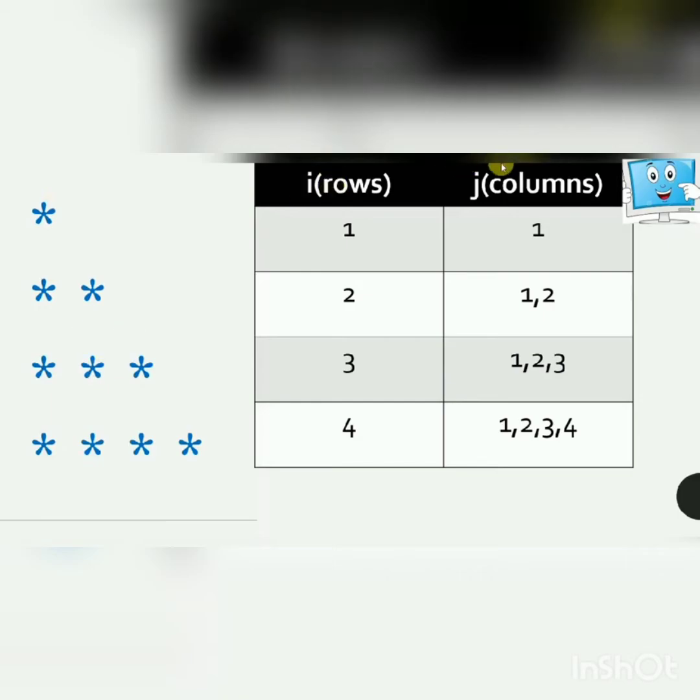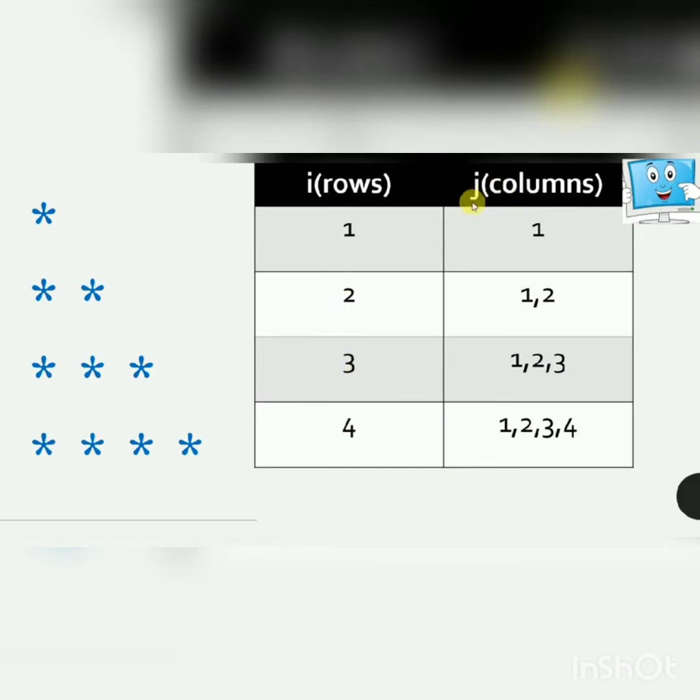Now here you can see we will be taking two loops, i for the rows and j variable for the columns. So two for loops we will use, and first loop will have i as a variable and second loop will have j as a variable for columns. Now you can see we have the rows horizontal, first, second, third and fourth. So for the rows we have the values as 1, 2, 3 and 4.